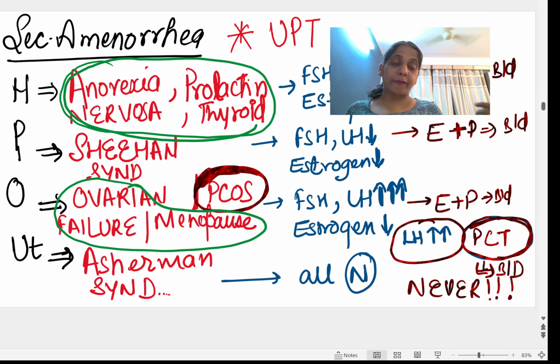And if this happens congenitally, it means there is congenital adrenal hyperplasia. So what will happen in congenital adrenal hyperplasia, there will be excess of androgens,